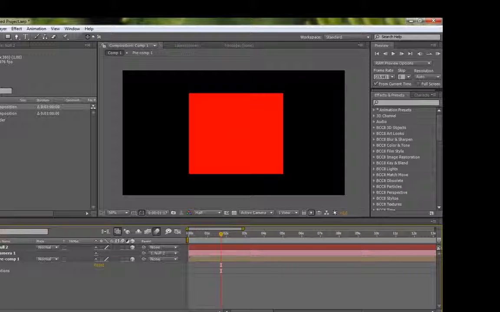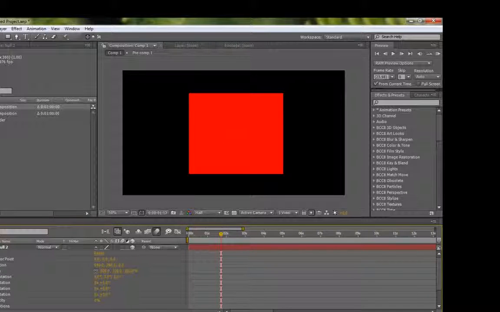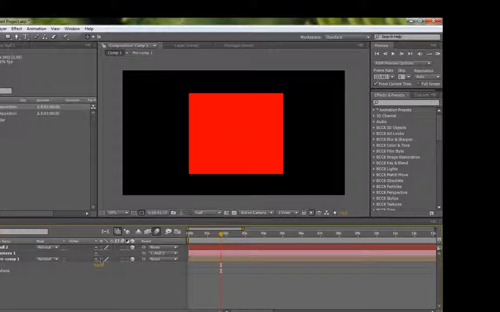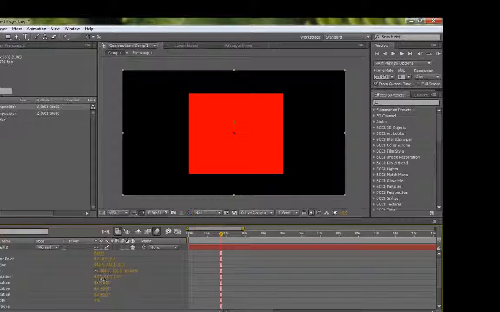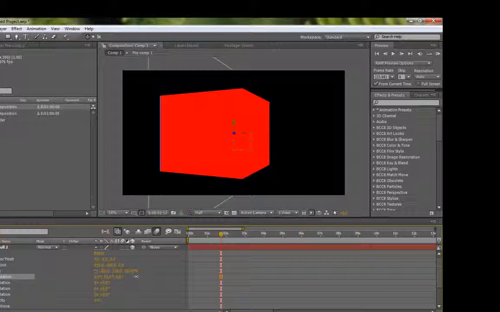And for this one, I'm going to go ahead and create another layer in 3D. And I'm going to just turn the visibility of this one off. I'm going to click the collapse transformations switch right here. Now what this does is it allows the 3D to be displayed within a composition. So if I take the orientation and if I change it now, you can see that the